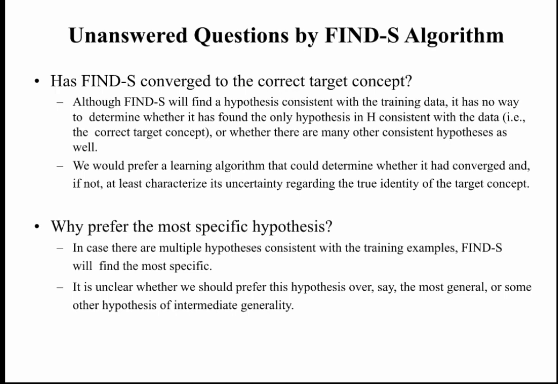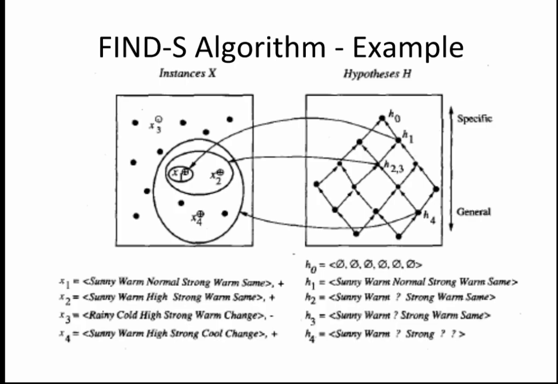Similarly, why are we preferring the most specific hypothesis when we start searching with the Find-S algorithm? Why are we preferring one hypothesis over the other? We could have a question. If the hypothesis that we have found in this particular case is sunny, warm, question mark, strong, question mark, question mark, what if we say sunny, warm, and question mark in all the places? Because that is also a hypothesis that includes hypothesis H4, right? Why can we not consider another hypothesis that has a general value in strong?